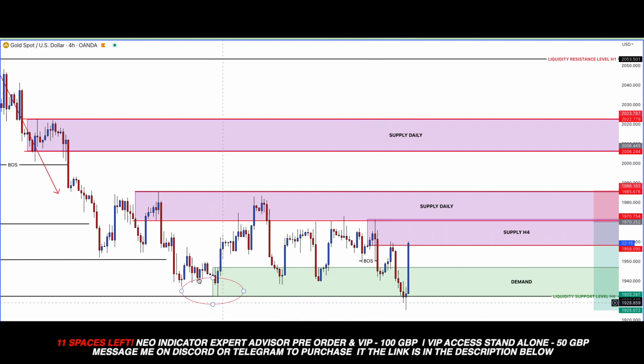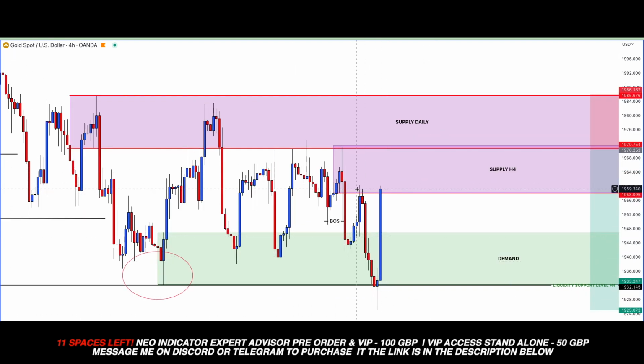You can see they've grabbed the liquidity, and now look at the buy we're actually starting to see in gold. So this is why liquidity is also very important with your break of structures and your supply and demand areas. Right now we're just waiting for gold to buy up, and if it breaks structure over here, let's just get rid of this. We actually have a BOS over here, again a break of structure,